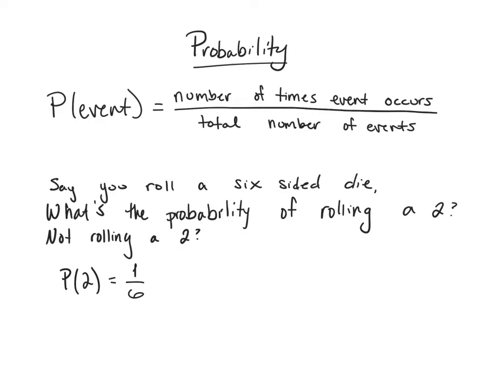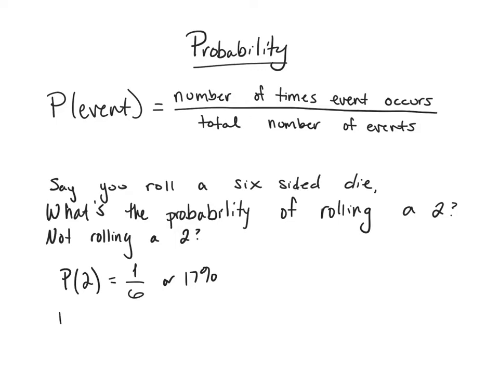So that's one way that you'll see probability written. You might also see it written as a percent, right? So I could say there's about a 17% chance. So probability ranges in that 0 to 1 category, right? 0 being there's no chance that it occurs, 1 being that it always occurs, and our probability falls in that range somewhere, so 1 out of 6.